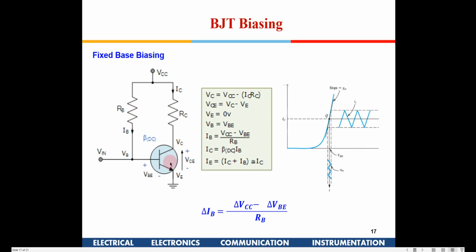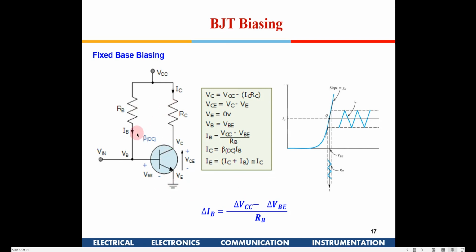Again, this transistor is likely to get heated up. Then it will generate more heat, and more heat is again going to further drop VBE. So you have a condition known as thermal runaway. If you bias this transistor like this, it is possible that the temperature will slowly increase, that will increase the current, that increase in current will again increase the temperature, and finally this transistor will get burnt out. So you have a problem with this biasing.